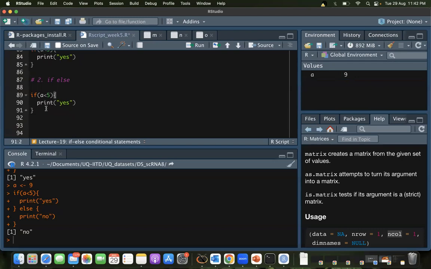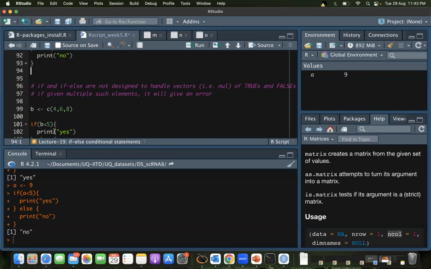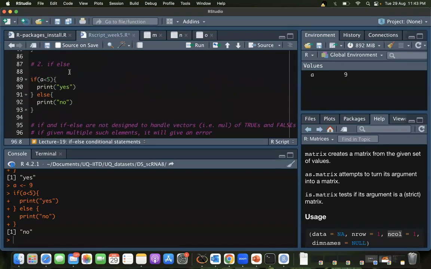Now since I would like to extend it, with or without space, I'm writing else. And then I again open the same bracket. Now this else has to be in the same line as this bracket. This is also important. And then the starting bracket of else also has to be in the same line. Then I press enter again to get the chunk for else. Same thing happens. The closing bracket goes two lines below and I get a cursor in the line below. And here I can just write print and no. So this is how I've written it. I'll just remove this so that it's not confusing, but this is how I've written it.